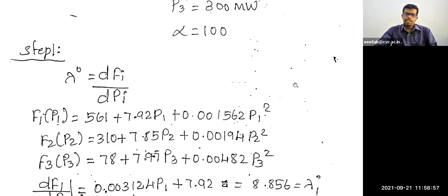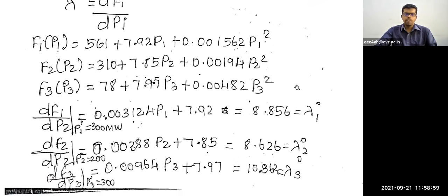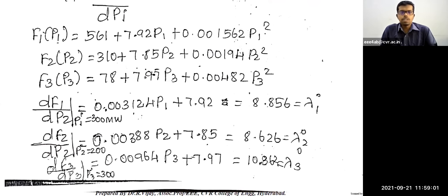Fuel cost function as same like previous fuel cost function. So the three fuel cost functions are being given. That is F1 of P1 is equal to 561 plus 7.92 P1 plus 0.001562 P1 square. Next, F2 of P2 is equal to 310 plus